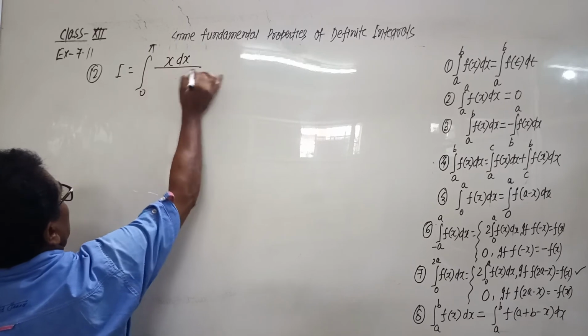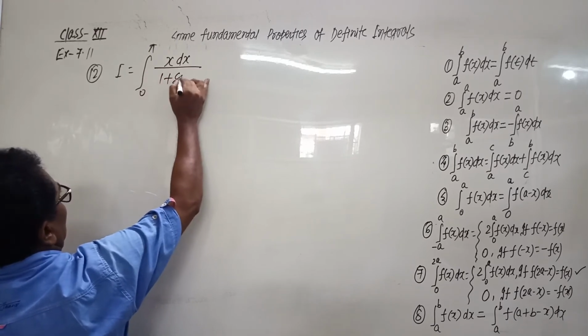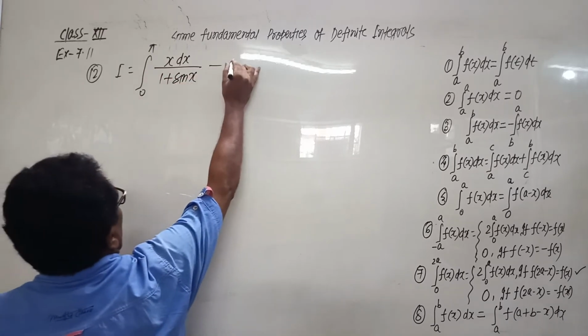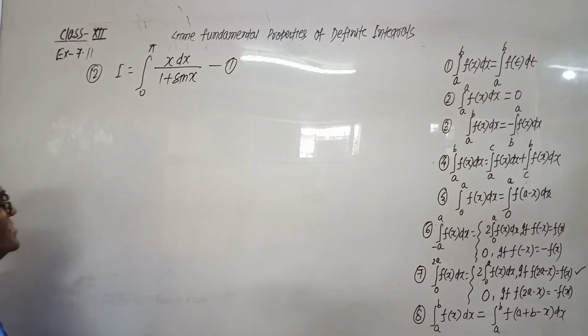Call this the first equation: x dx upon 1 plus sin x. Now use the property